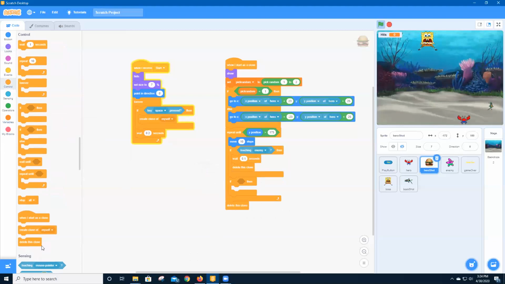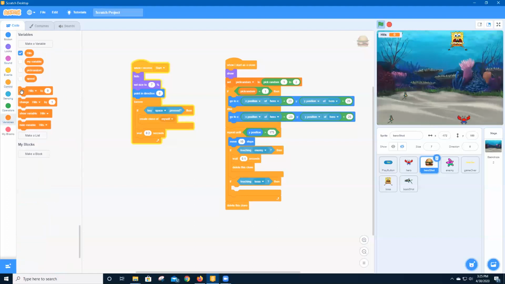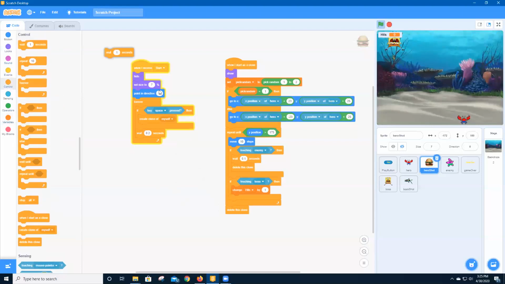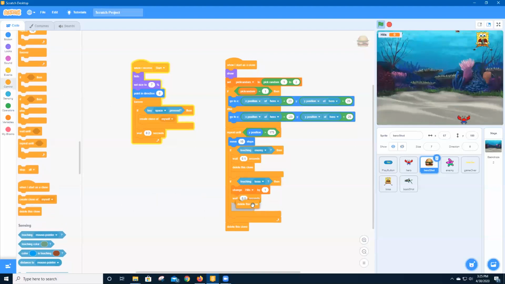We're going to bring in an if touching. I'm going to pull down here, boss. So if the hero shot is touching the boss, what do we want it to do? Well, we want it to grab a variable. We want it to change the hits by 1. We want to wait 0.1 seconds like we did with the hits on the enemies. And then we're going to put a delete this clone right under the 0.1 seconds. So if you make your code look like that,